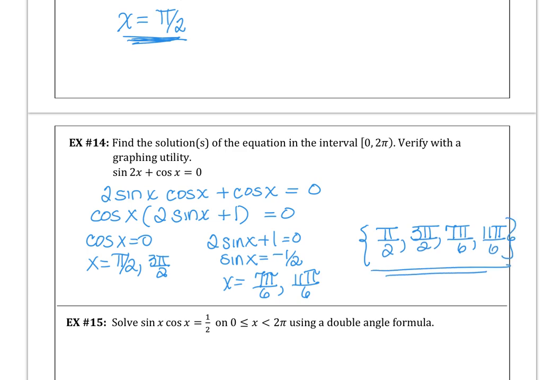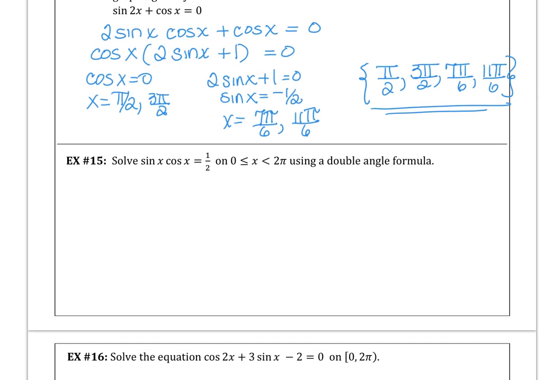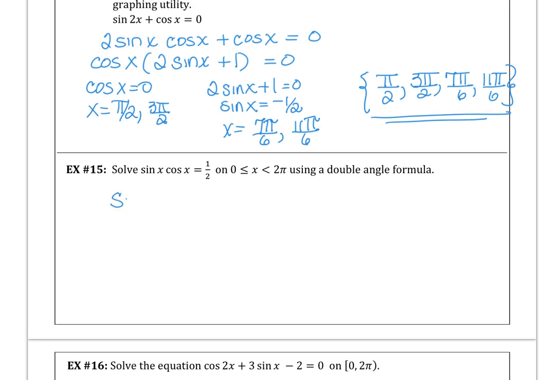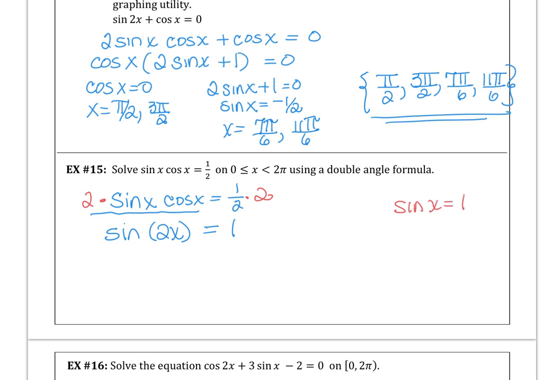For example 15, we want to solve where sine times cosine is a half. So thinking about something algebraic here, let's do sine times cosine is 1/2. We could multiply both the left and the right by 2. And this is my double angle formula. I see the sine of a double angle is equal to 1. Well, sine of x is 1 only at one place, right? Sine of x is 1 when x is pi over 2. So 2x is pi over 2